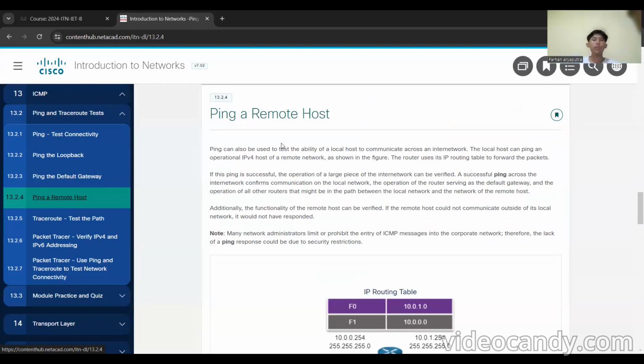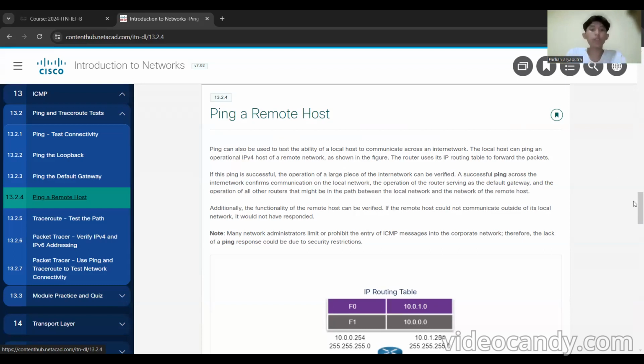If this ping is successful, the operation of a large portion of the internetwork can be verified. A successful ping across the internetwork confirms communication on the local network, the operation of the router serving as the default gateway, and the operation of all routers that are in the path between the local network and the network of the remote host.